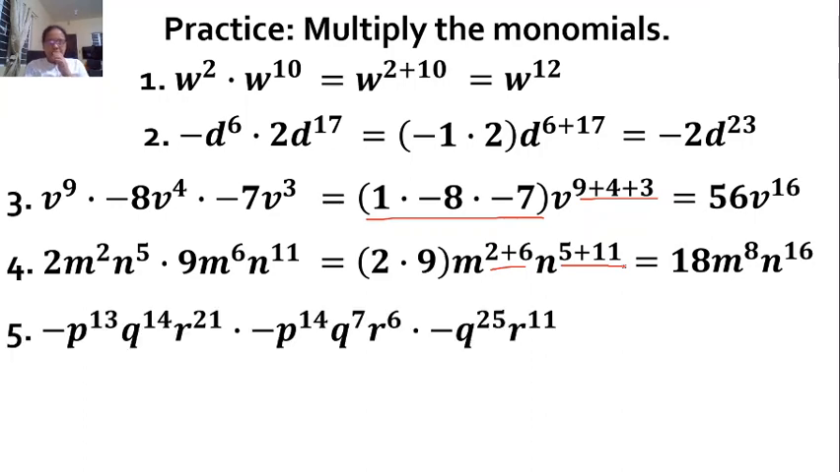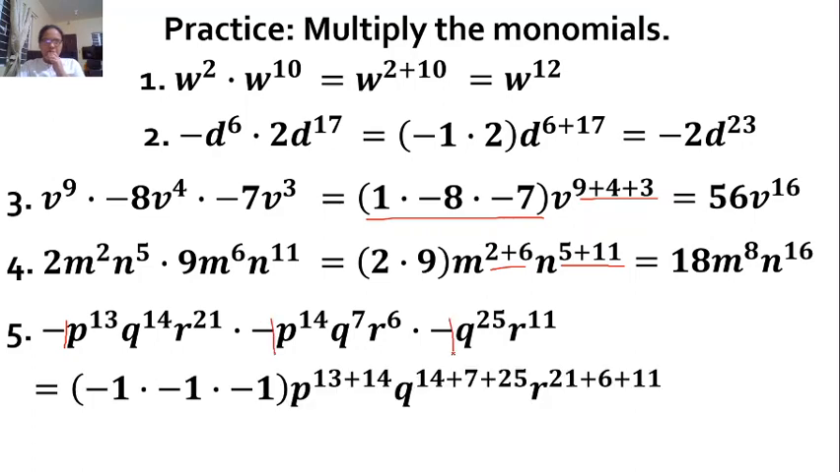And then if we have negative p raised to 13, q raised to 14, r raised to 21 times negative p raised to 14, q raised to 7, r raised to 6 times negative q raised to 25 times r raised to 11. So we have the numerical coefficients here, negative 1 times negative 1 times negative 1. And then add the exponents of p, 13, 14, and then 25. Add the exponents of q, 14, 7,